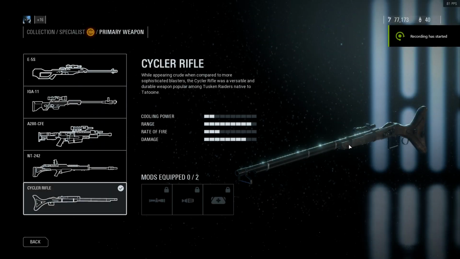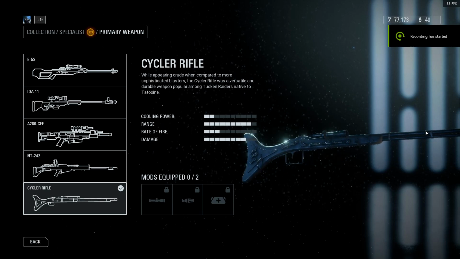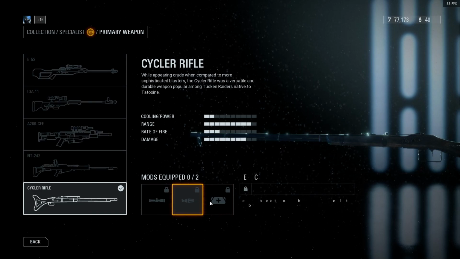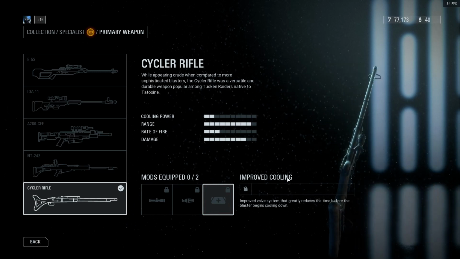So for number 4 and last place on this video, it's sadly going to have to be the Cycler Rifle. I really hate to place it last, as I personally love this weapon, especially returning from Star Wars Battlefront 1. So the Cycler Rifle is placing last on my list because the gun is extremely disappointing compared to what it